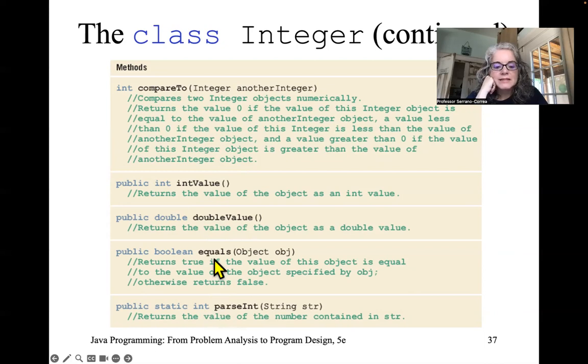Equals, if I want to see if it's exactly equal to an object, I would use this. This would be compare. This would tell me if it's less than, greater than, or equal to. parseInt takes a string. So we pass it a string and it parses it into an integer. We use the parseInt method